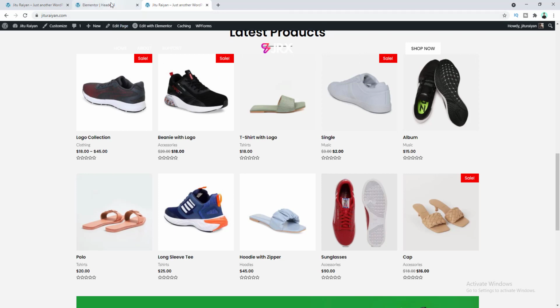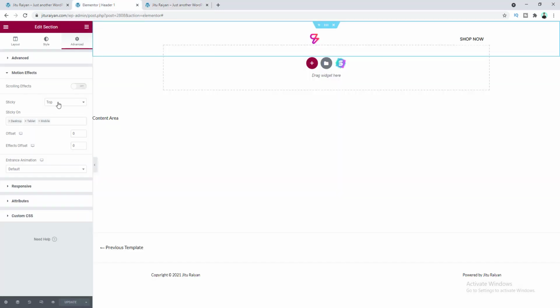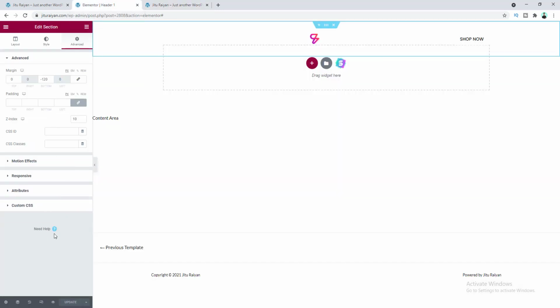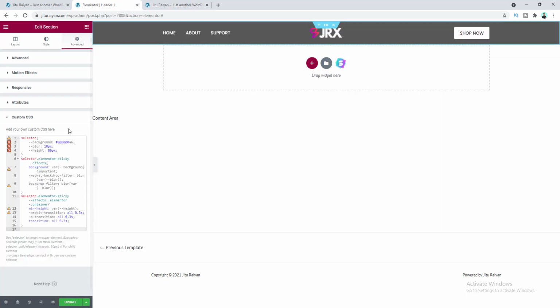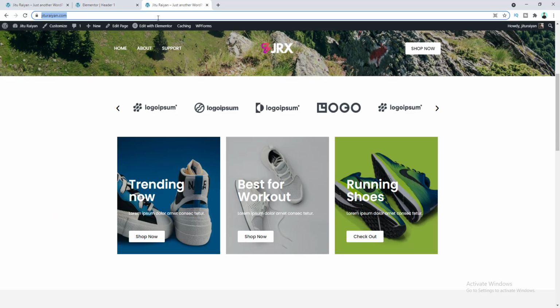So for this we need to also write some custom CSS here, and under custom CSS, let's paste our CSS code. And now you can see our header has this kind of dark background. Here you can get all of the CSS codes on my website. I will give these code snippets link in my description. You can get this from here. So right now if we update our header and refresh our page,